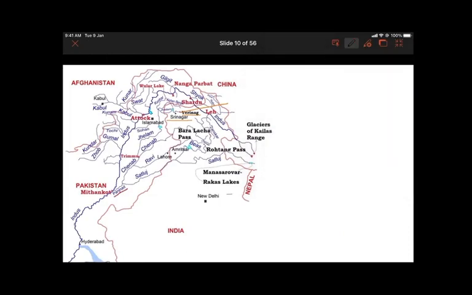So Jhelum is originating from Verinag in Anantnag district of Jammu and Kashmir. This is where Jhelum is originating. After originating, Jhelum is passing near Srinagar and it is also passing, as you can see, through the Vular Lake. After it passes through the Vular Lake, it is entering into the region of Pakistan and it is taking then